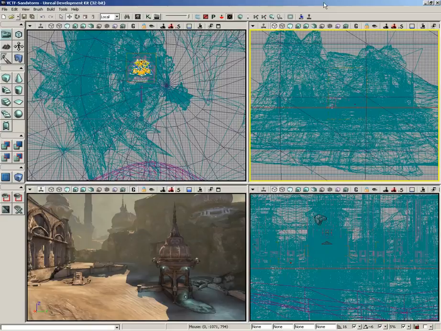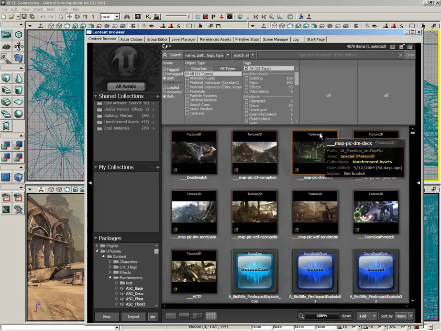Moving on down the main toolbar, the next button I want to talk about is the Open Content Browser button. If you click on this, it brings up the content browser. Very straightforward. Now, I'm not going to talk too much about what the content browser does. Really, it warrants its own videos. There's all sorts of cool things you can do here inside the content browser, but in short, this is where